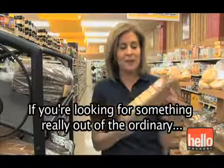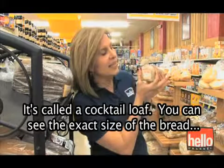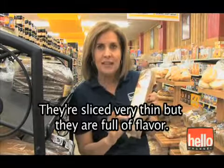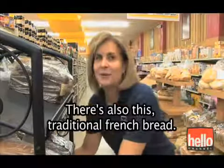If you're looking for something really out of the ordinary, you might want to use one of these. It's a cocktail loaf. You can see the exact size of the bread. It fits right there in my fingers, just small little pieces of bread. They're sliced very thin, but they're full of flavor. This one is a rye bread. There's also this,